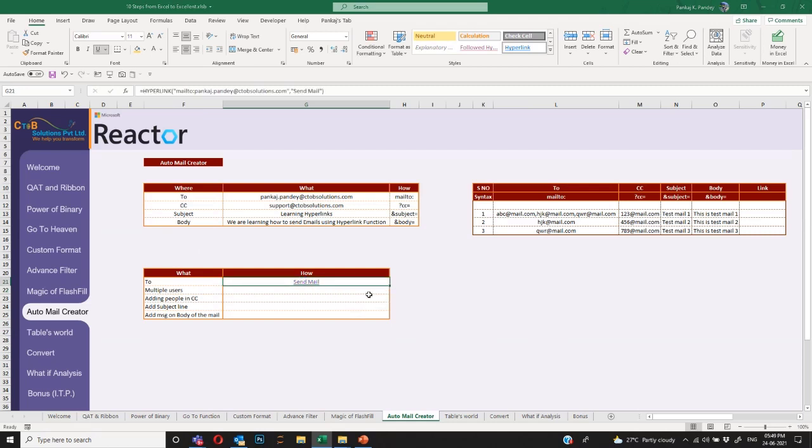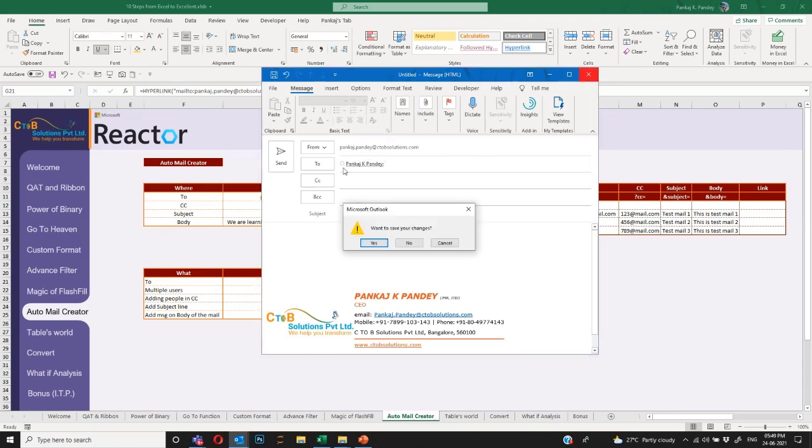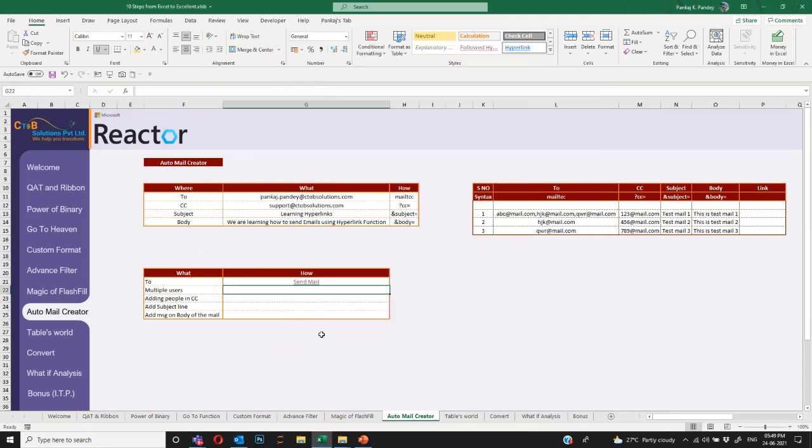If I click on this, it will generate a mail for me, ready to send. Similarly, if I want to add more than one user, I just have to add a comma and add my next ID. Now this formula will send the email to both of these IDs in the To field.